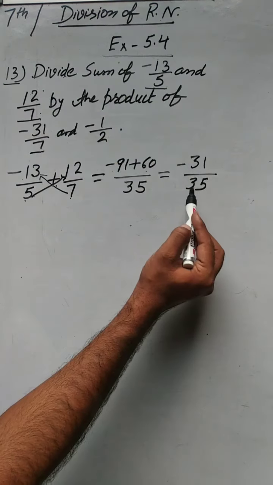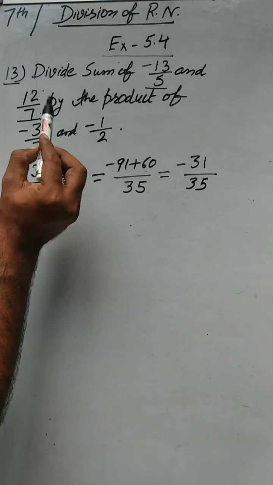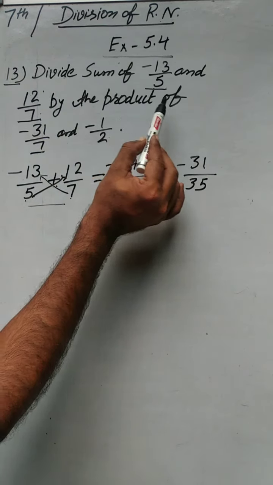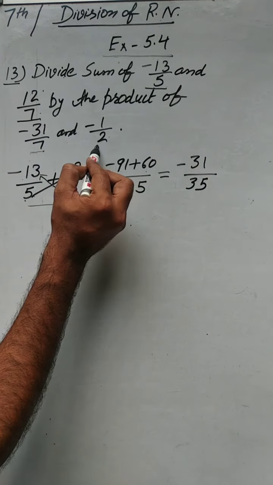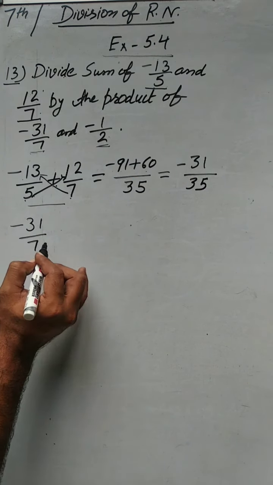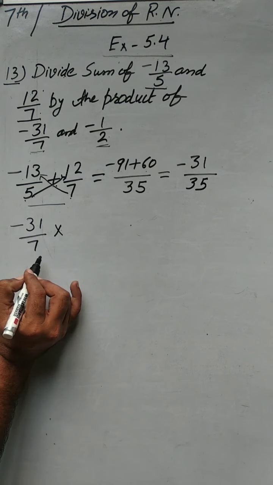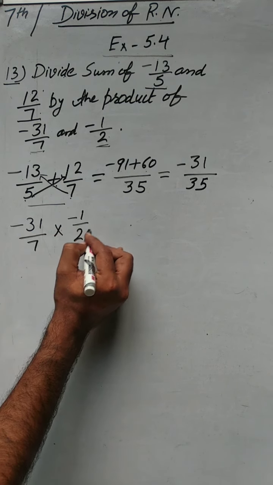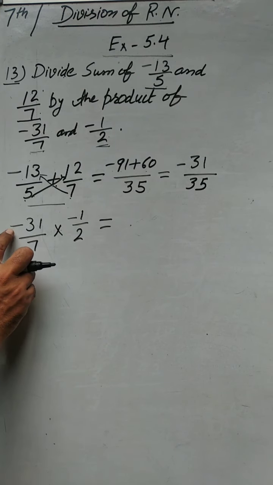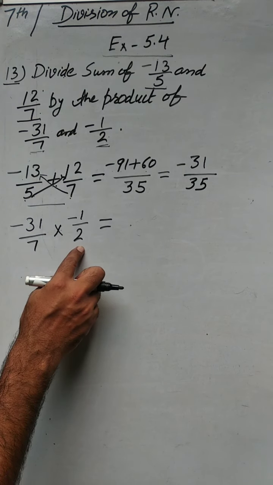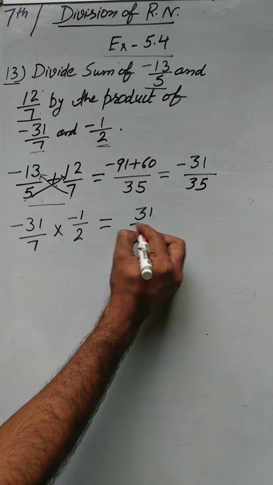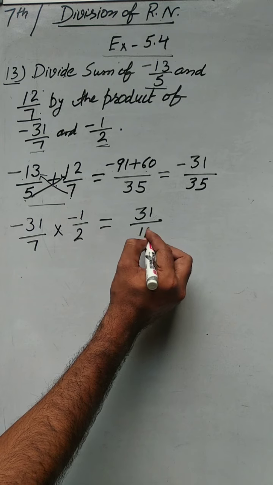Understood? Now beta we have the sum of these two numbers, and your statement next is you have to divide this sum by the product of minus 31 upon 7 and minus 1 upon 2. Now find the product of minus 31 upon 7, product means multiply, with the minus 1 upon 2. Nothing is common between numerator and denominator. So simply multiply numerator with the numerator and denominator with the denominator. So minus 31 multiply minus 1, it will be plus 31. 7 multiply 2, it is equal to